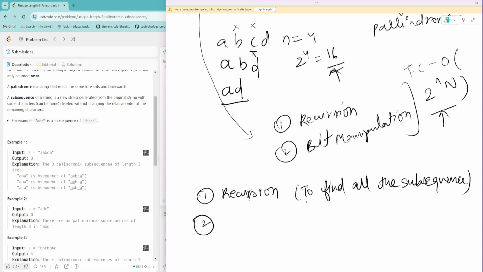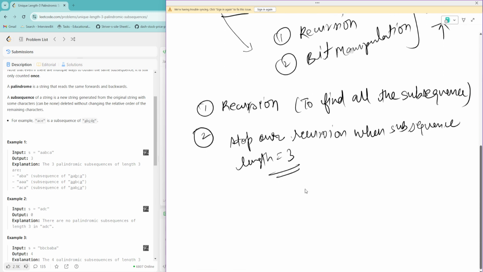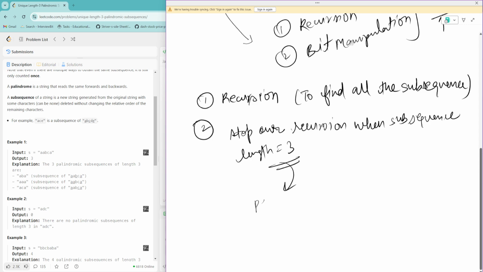Instead of finding all the subsequences, we will stop our traversal, or our recursion, when the subsequence length is 3. Now, if the length is 3, we are going to check if it is a palindrome or not. If the subsequence is a palindrome, we are going to push it into a set,